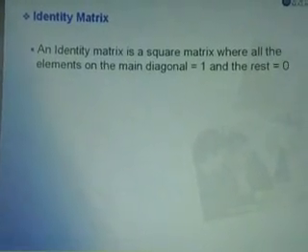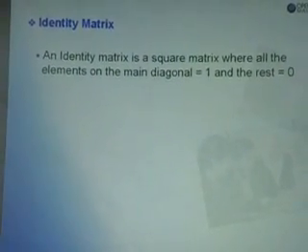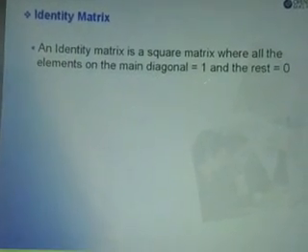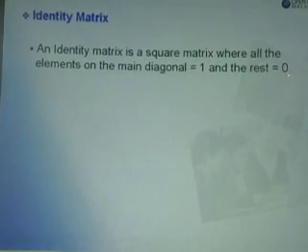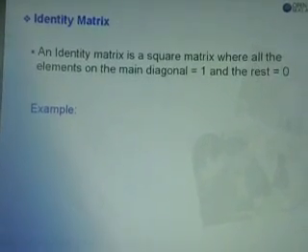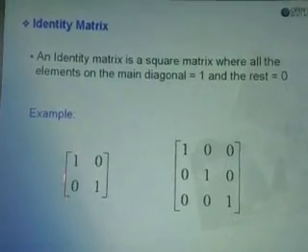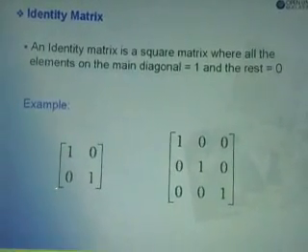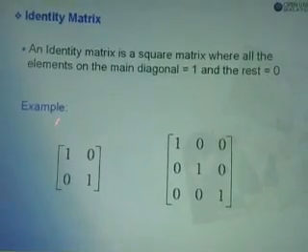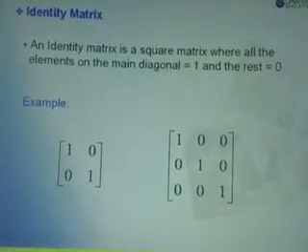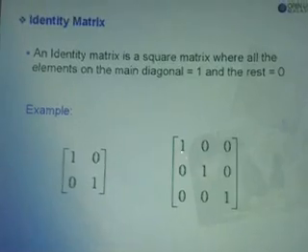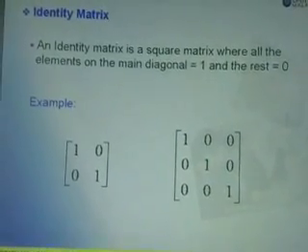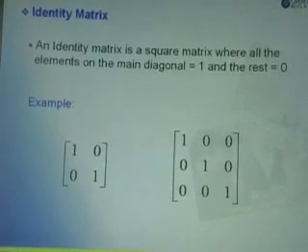Okay, next we move on to the identity matrix. An identity matrix is a square matrix where all the elements on the main diagonal equal 1 and the other elements equal 0. For example, in the first matrix, on the main diagonal we have 1, 1 and the other elements are 0. So this is an example of an identity matrix. In the second example, we can see that the main diagonal consists of 1s and the other elements are all 0. So this is another example of an identity